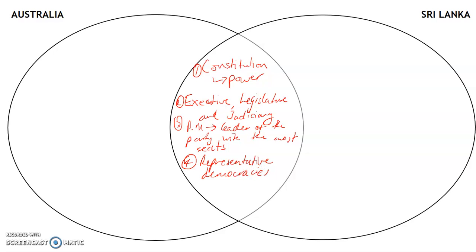So again, as I'm going through and comparing, I'm looking for the type of government. I'm looking for where power is held. And I'm looking at where that power comes from. They're sort of the core pillars as I identified at the start. And you can do this with any two governments. Core differences, the separation of powers in Sri Lanka